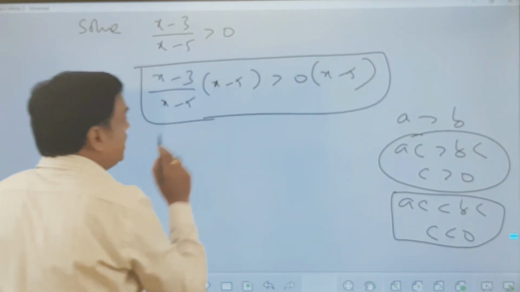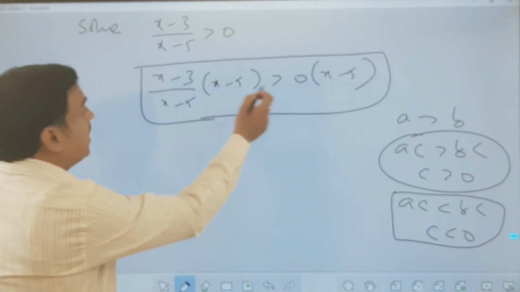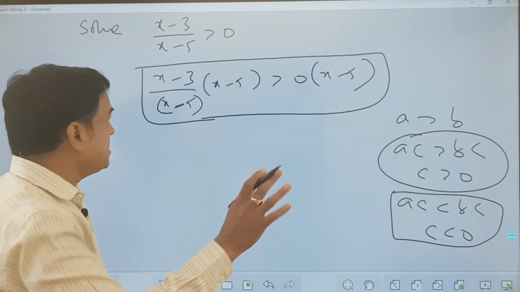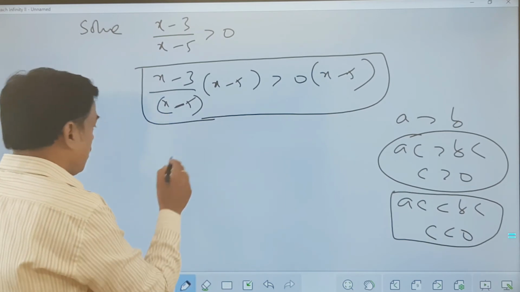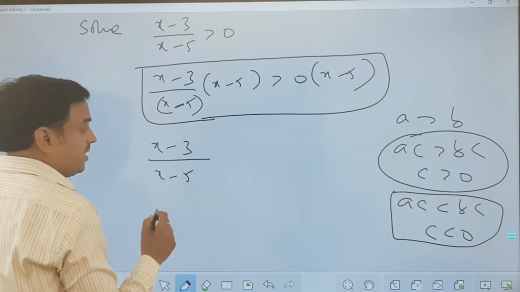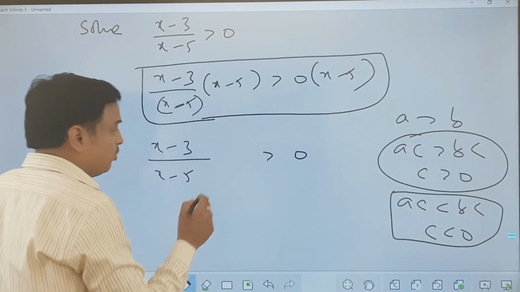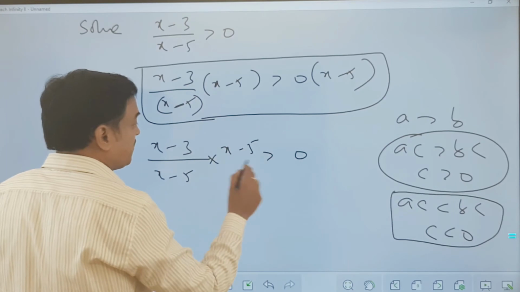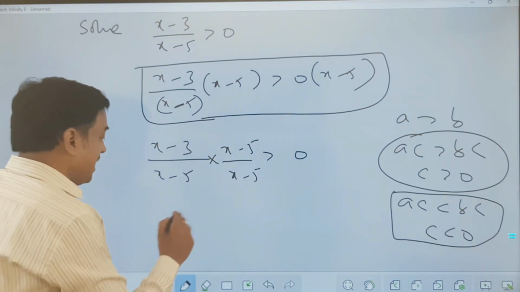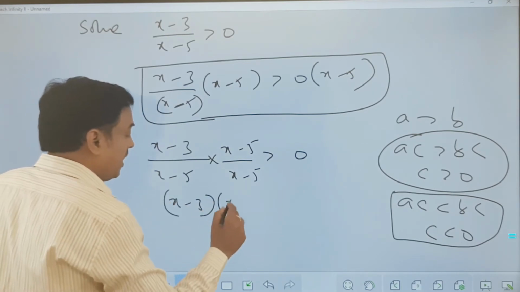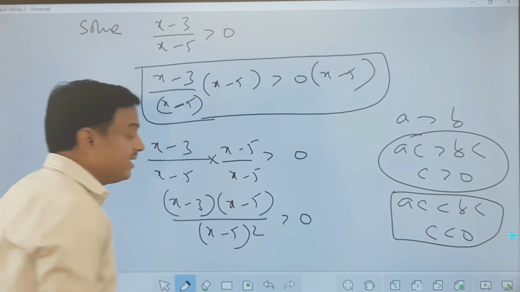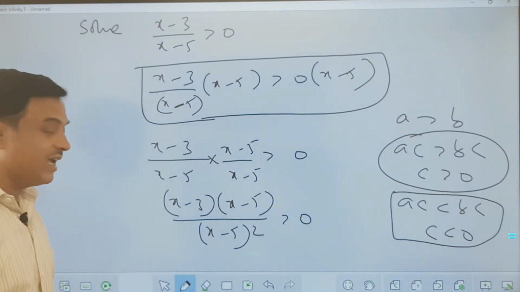What should I exactly do then? What is the method of doing this? See what I did here. I have multiplied on both sides with x minus 5, which is a directly wrong method to do. So what we do, friends, x minus 3 over x minus 5 greater than 0 is given to me. I'll multiply with x minus 5 as numerator and denominator. Okay, I'll multiply with it. The idea behind it: x minus 3 into x minus 5, denominator x minus 5 whole square, greater than 0. Now please observe this step very carefully.